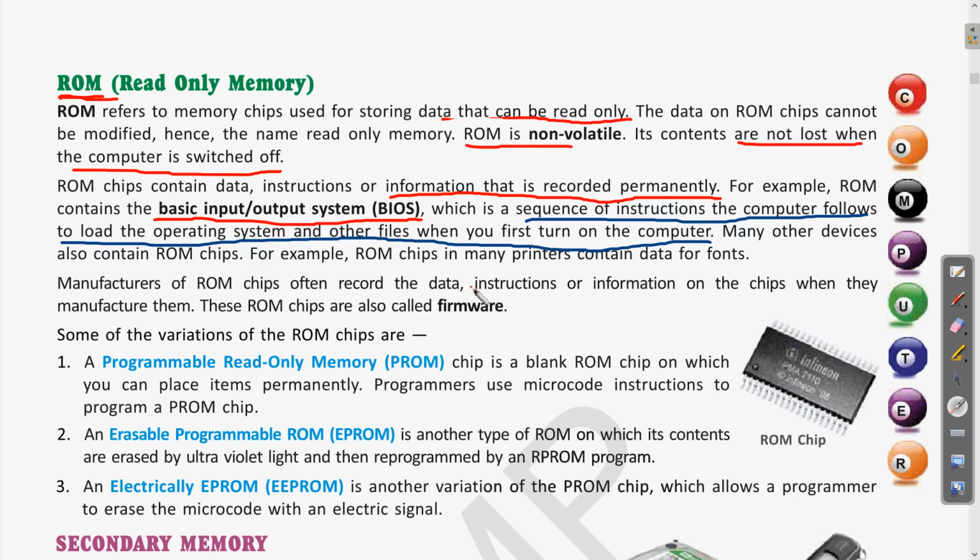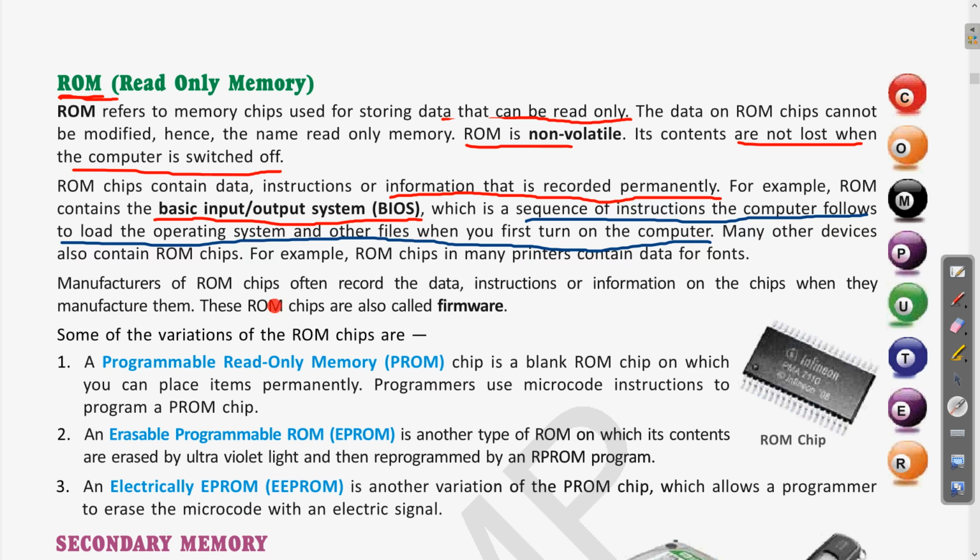Not only the printer; if you take most electronic devices like a refrigerator or washing machine, clear? In these types of devices also there are embedded chips which are pre-installed, and their function is to regulate and automate the different processes. Clear? So these things are also a type of ROM.